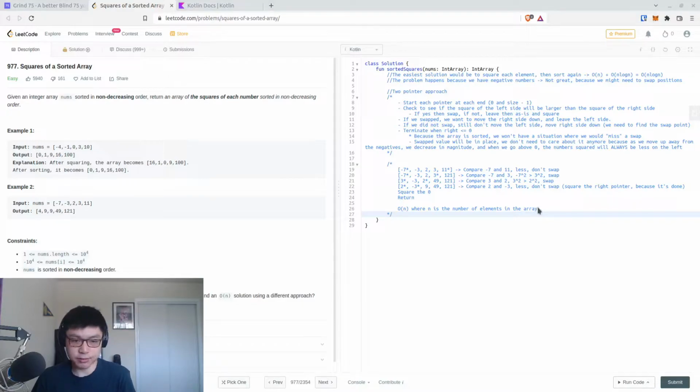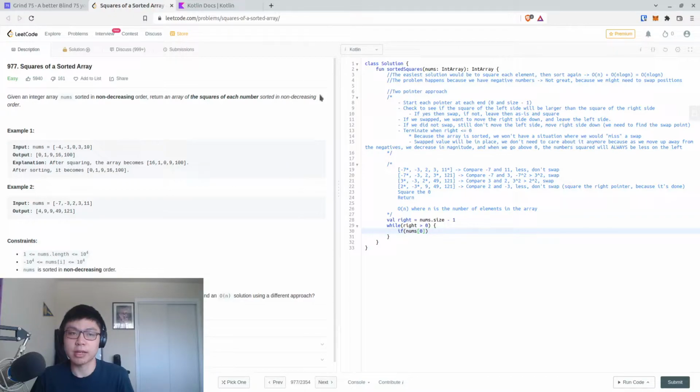So I think this is a pretty straightforward algorithm. I think that this runtime fits the O of n approach, the linear approach that is stated in the follow-up. And I think at this point I'd be pretty much ready to code it. So let's get started. So we can say val right is equal to nums dot size minus 1, size for collections, length for strings. While right is greater than 0, we can say if nums at 0,